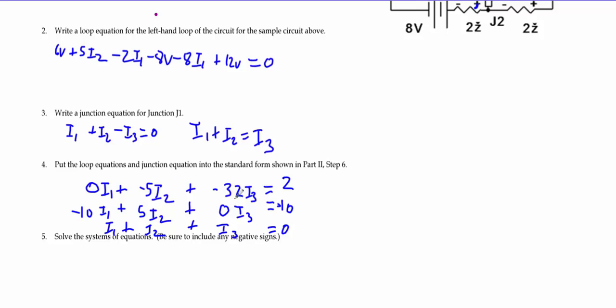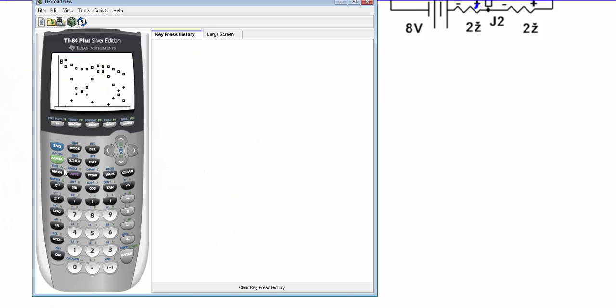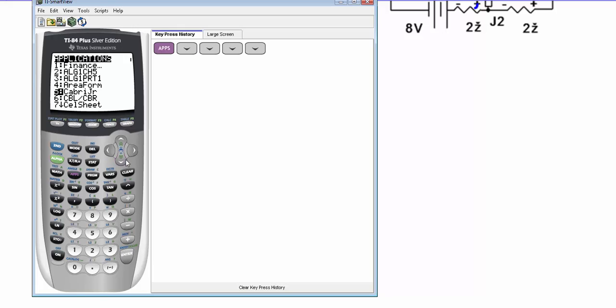Solve the system of equations. Be sure to include any negative signs. There's a tool for this. The tool for this is your TI calculator. Now what I'm going to do is push second quit and then clear this all out, so I start on a home screen. The tool I want is called Solver, and if I hit the Apps button, Simultaneous Equation Solver, QRS. So I'm going to push alpha S